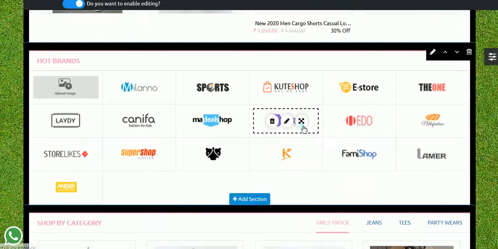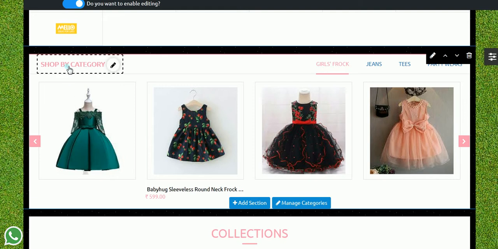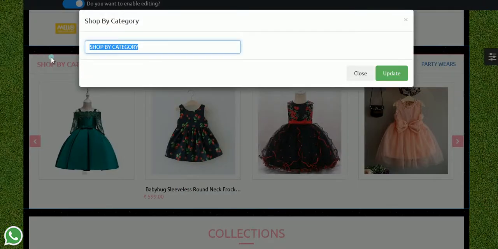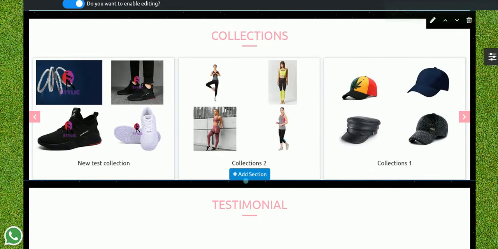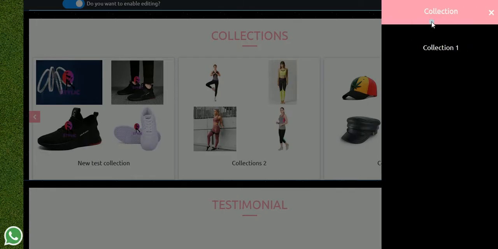So here you can see that also, and again we can do the editing in this too, like we can mention here category, products, or any title which you want to give. Okay, so this was about category and how you can do the customization onto category. Again we will go for collections in case I want to do any editing in the collection section.